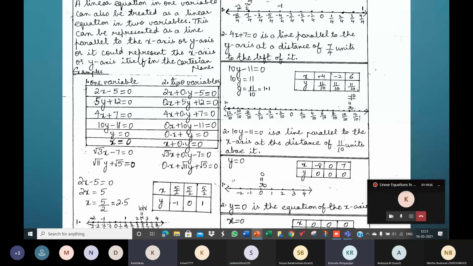2.5 on the x-axis. That is between 2 and 3. And minus 1 on the y-axis. That intersection will be the point. 2.5 on the x-axis, minus 1. It will be below. In which quadrant does it lie? In which quadrant does the point 2.5 comma minus 1 lie? First, second, third, fourth quadrant.